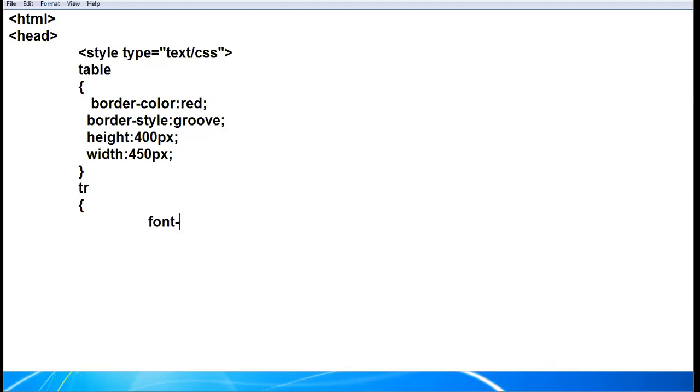I am taking font family Arial, font size 30 pixels, and font weight so that my data should appear as bold.